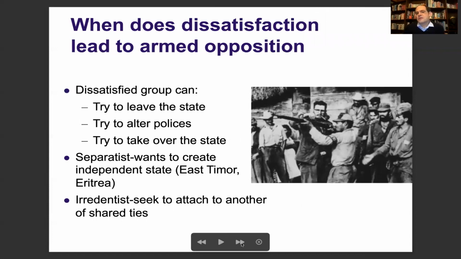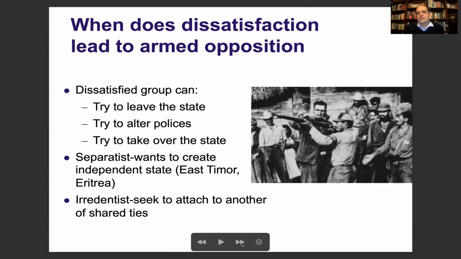A question we could ask ourselves later on is, when does this kind of dissatisfaction lead to armed opposition? In a way, we can expect that opposition is happening in many different places, but not necessarily always leading to violence or civil war. So what are the mechanisms which are really leading to this? And some of the